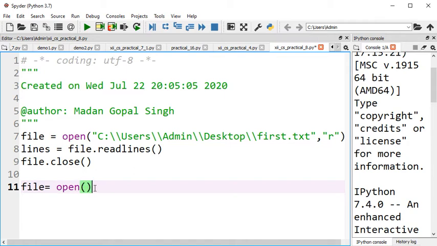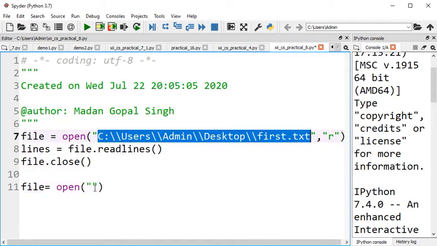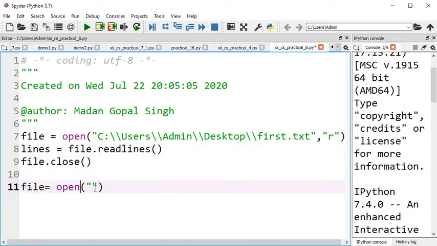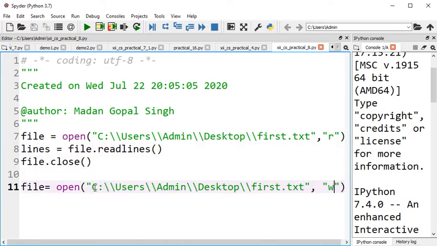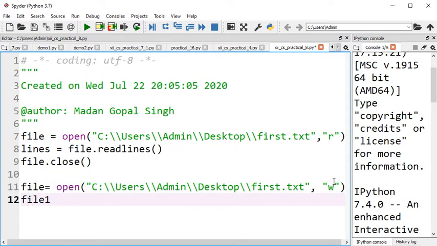So open the file in write mode, giving the same path because the path of the file will not change. I am going to write those lines that don't contain a in this file, and write those lines that contain a into some other file, let's say second.txt.